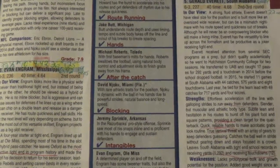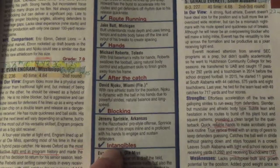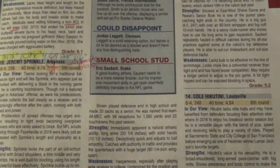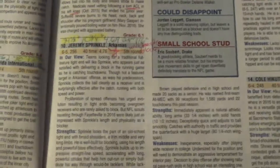This book says he's the best blocking tight end right there. Pro style offense. Proficient with his hands to engage and sustain defenders. So that's the third round. Now the Bills do not have a 4th round pick, and in the 5th round,